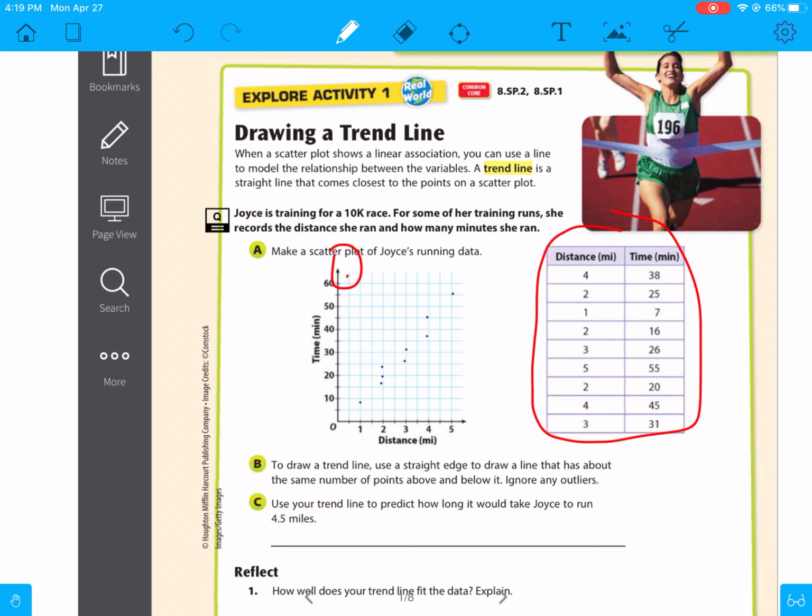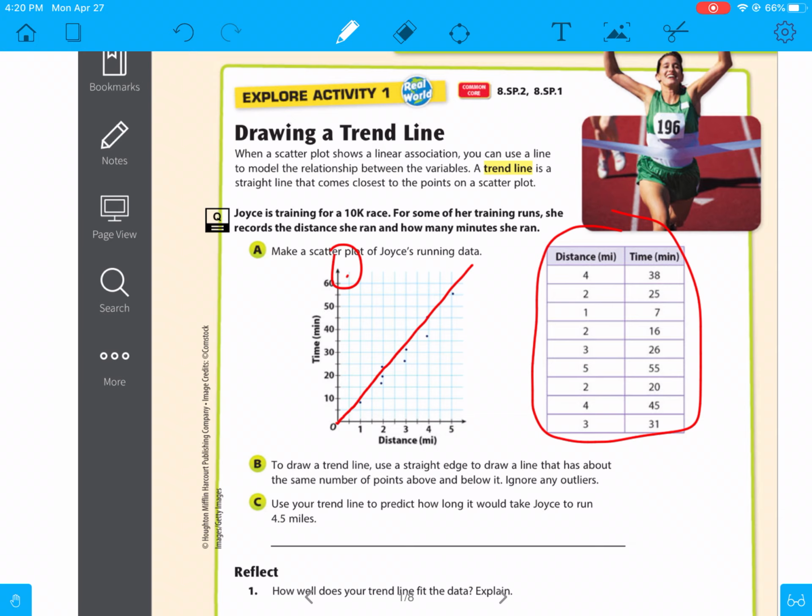but this one actually will. So grab your straight edge and draw just kind of a straight line. That's a little bit too high, but it should have about the same amount of points above it and below it. Now it says use your trend line to predict how long it would take Joyce to